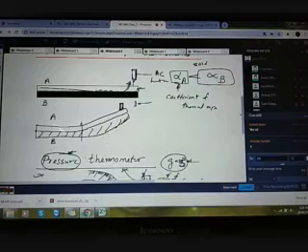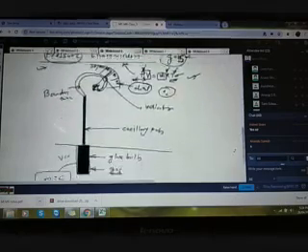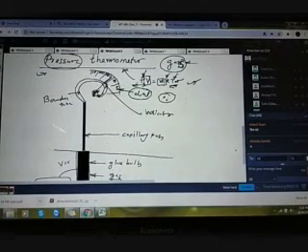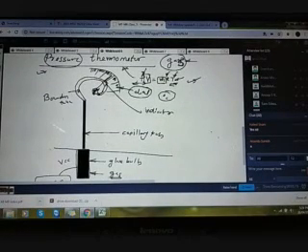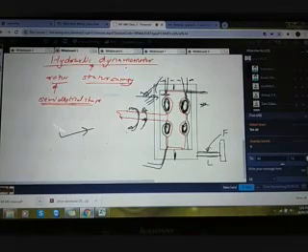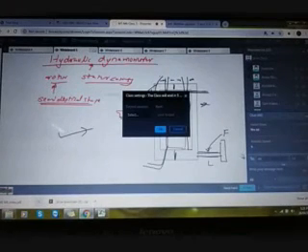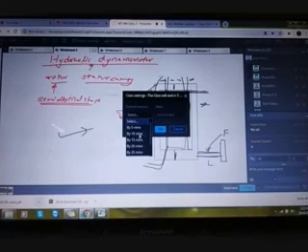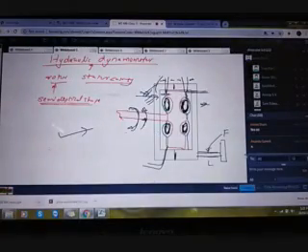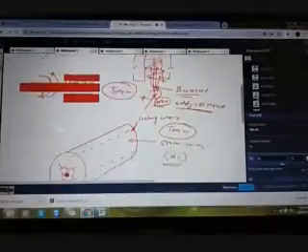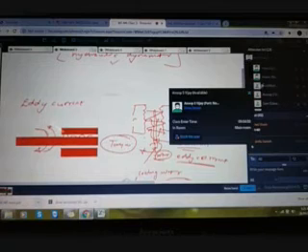Next, in the case of a pressure thermometer, we can see that the mass and the volume are kept constant. Since the mass and volume are kept constant, the temperature can be measured by means of the pressure variation. Next is the dynamometer for measuring the force, and the torque can also be measured by means of this.